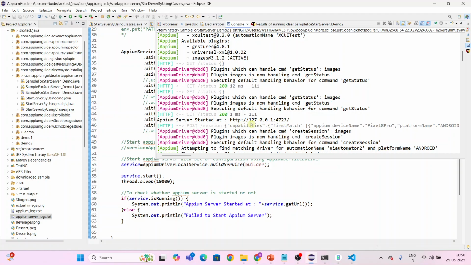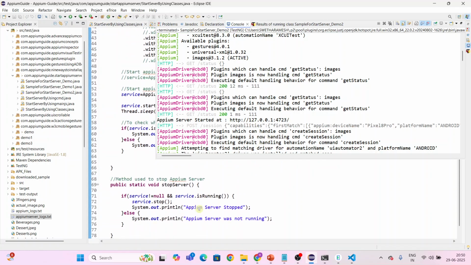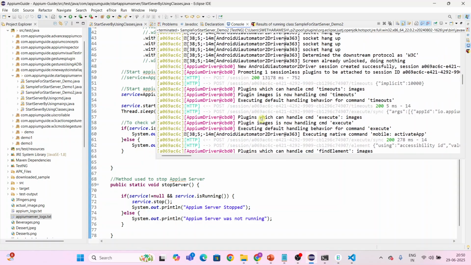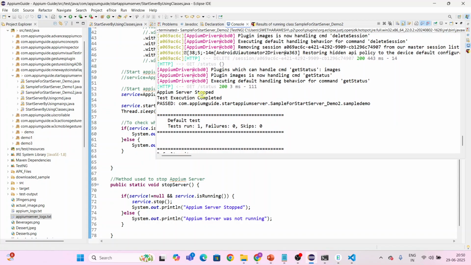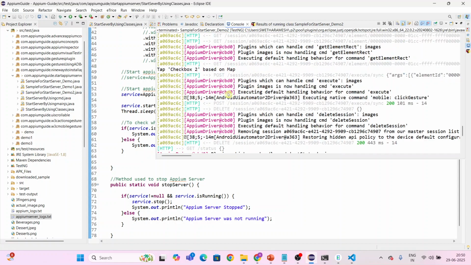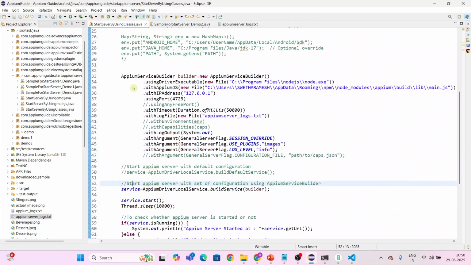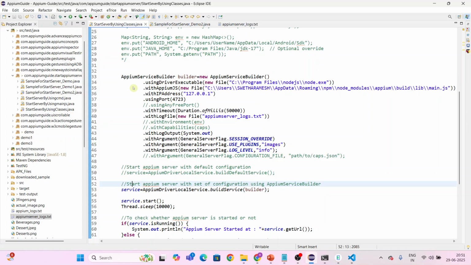Okay, so you see here, this is one thing. And stop the Appium server, Appium server stopped. Yeah, see, Appium server stopped. So we have started the Appium server there and we have stopped the Appium server here. So almost all methods we have covered here. Okay, so that's why it's a very lengthy video. So by using the AppiumServiceBuilder class and AppiumDriverLocalService class, we are able to run